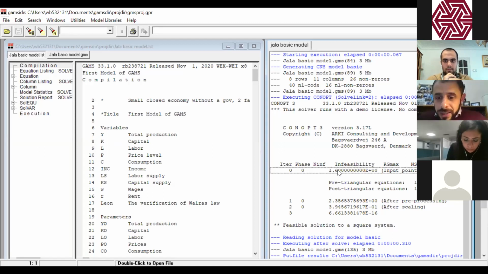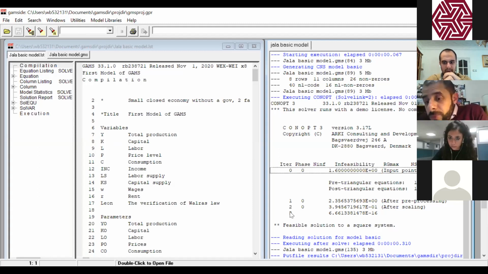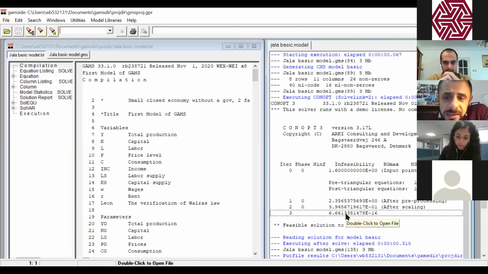But GAMS will run several simulations in order to reach a new equilibrium. And that's what we see in the third iteration, here 3. We see that it's 6.6 multiplied by 10 to the power negative 16, which means that we have a new equilibrium. So let's go to the listing before we analyze the results.